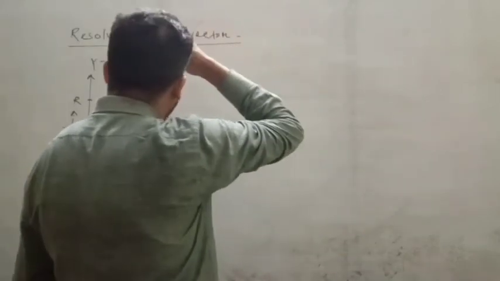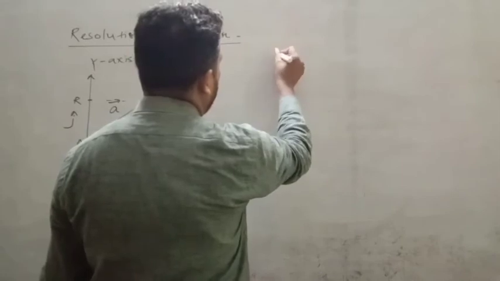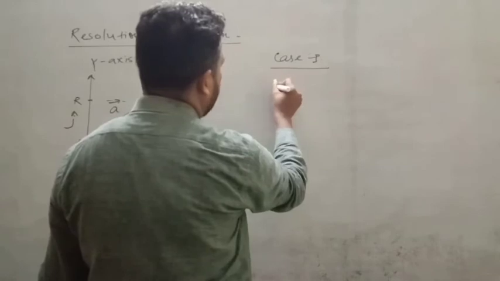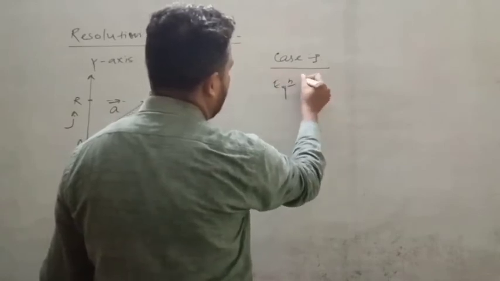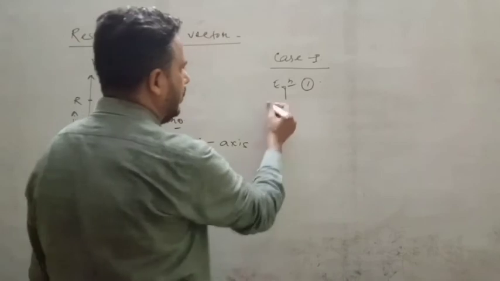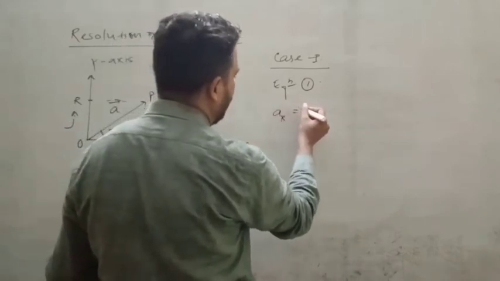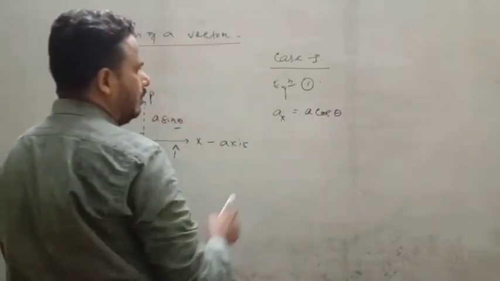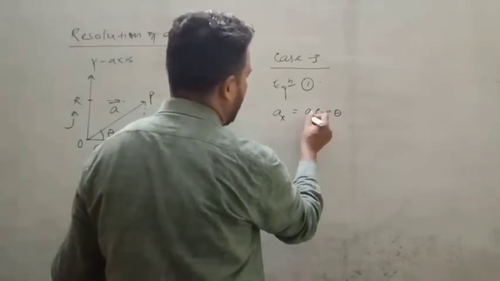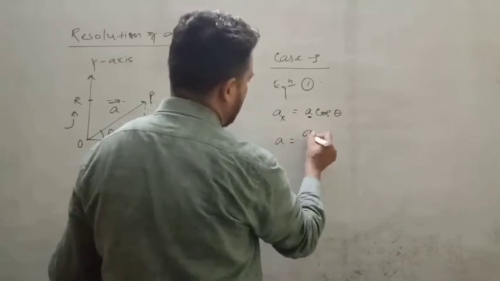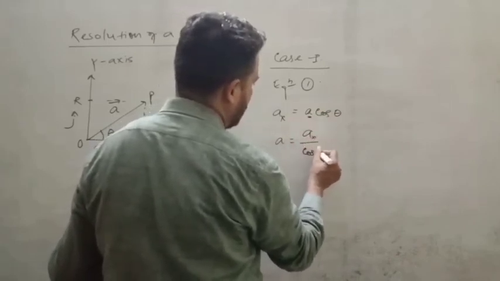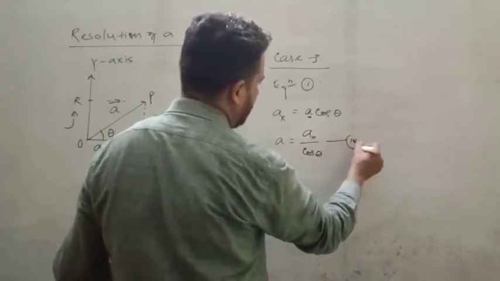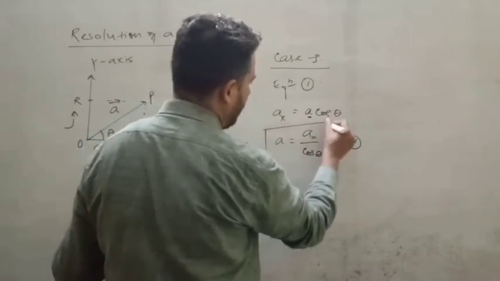Here I am just going to take case 1. So according to this case, you have to take equation 1. In equation 1, what you have is that ax is equal to a cos theta. Alright. So from here you can find this a. So your a is ax by cos theta. Sometimes you can see it like this also. Alright. And case 2,